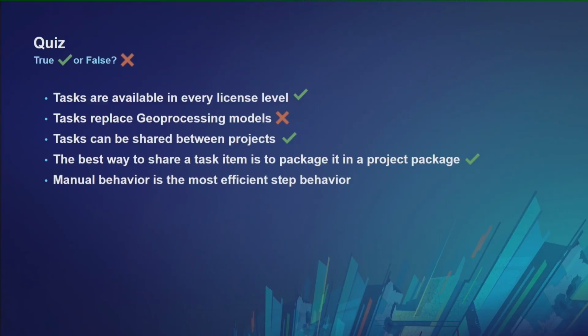Manual behavior is the most efficient step behavior. False, right? It's a lot of manual labor. You don't want that, 2 clicks for every step. And this is from Jason. I usually hear an audible face palm during this one. You can just hear the...